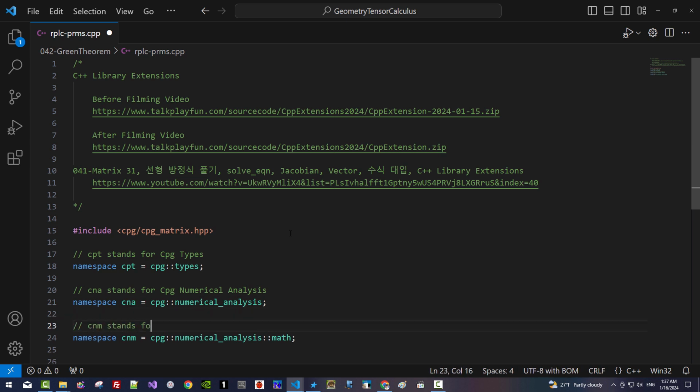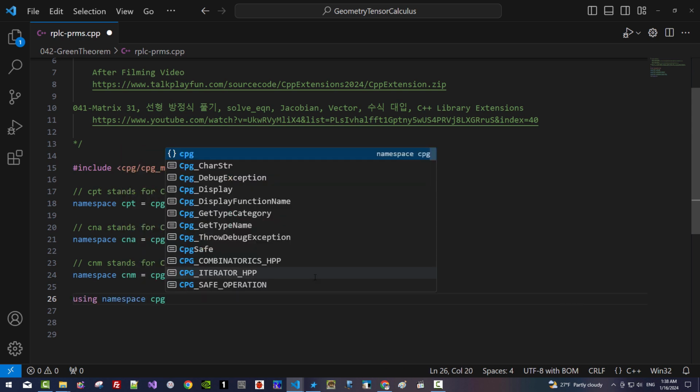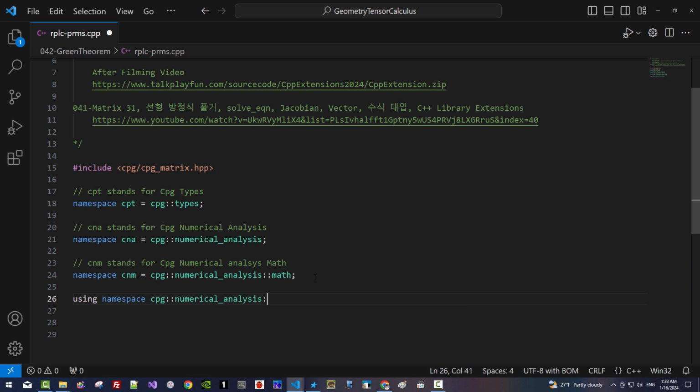CNM stands for CPG numerical analysis math. I will use these namespace aliases CPT, CNA, CNM all the time, so you have to make yourself familiar with them. I would also declare using namespace CPG numerical analysis